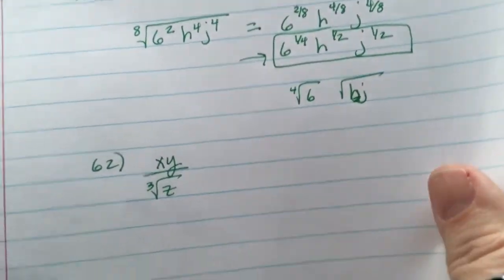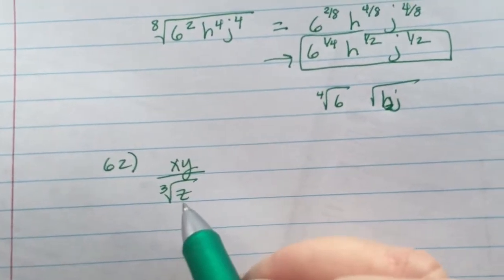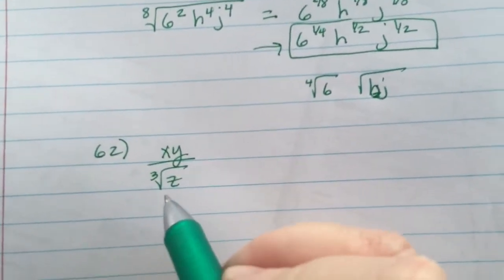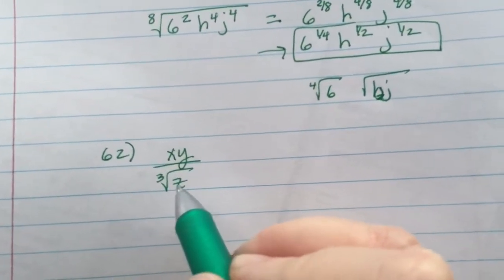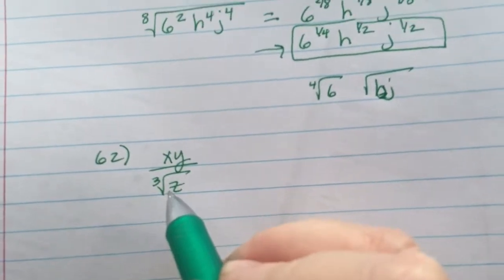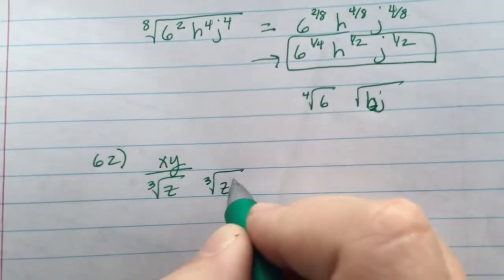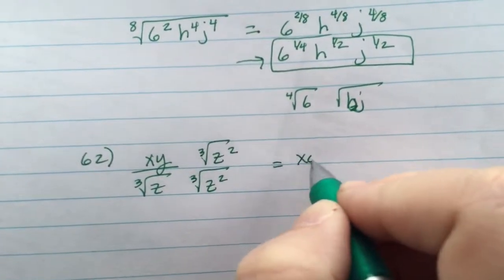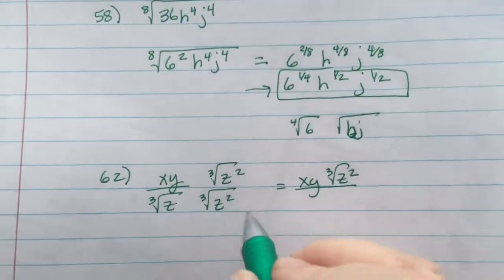So let's get the last problem done, which interestingly, because they wrote it as a radical, you had a problem very similar to this two nights ago. You could have a problem like this on the quiz, because we have a radical in the denominator, so we need to remove the radical. We are going to have to multiply by the cube root of z squared over the cube root of z squared. So we have xy cube root of z squared over